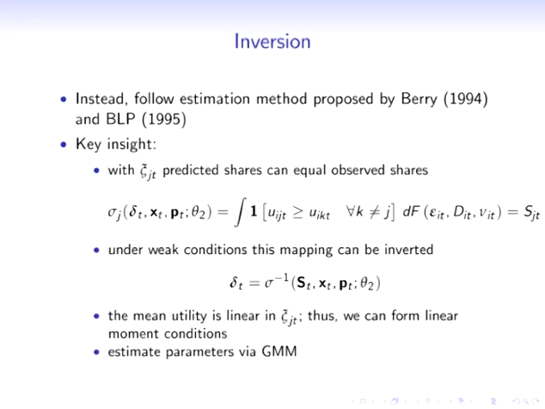Okay, so for the estimation, we're going to follow the basic idea that was proposed by Steve Berry in a 94 RAND paper and Berry, Levinsohn, and Pakes in the 95 Econometrica paper. So this is the famous BLP that Nancy already alluded to in the introduction. And the key insight, in kind of the following steps, is the fact that when we have this psi jt, so once we introduce it,